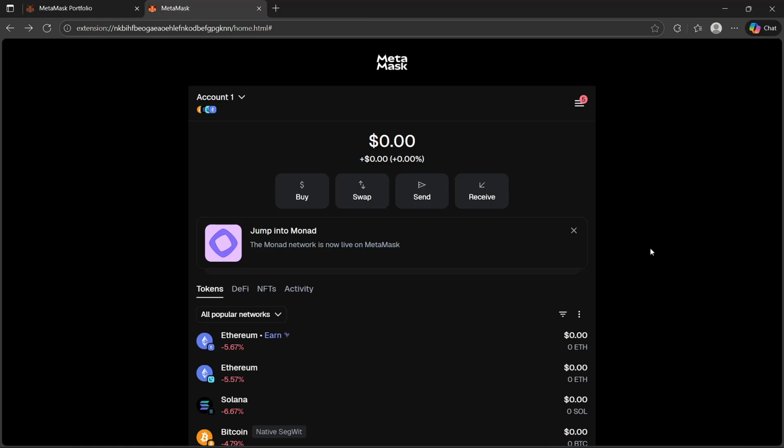In this video, I'll give you a quick guide on how you can send BNB from Binance to MetaMask wallet. So what you will have to do first is you will open your MetaMask, and once